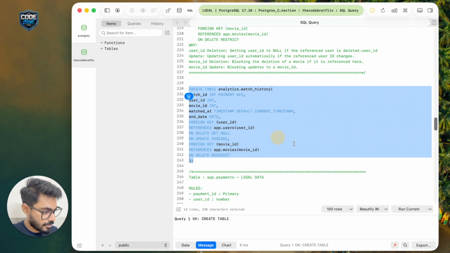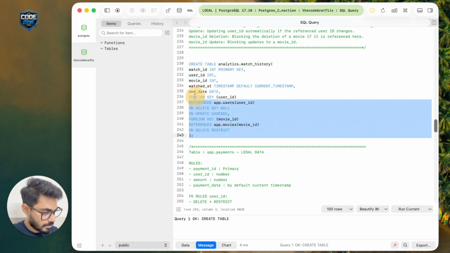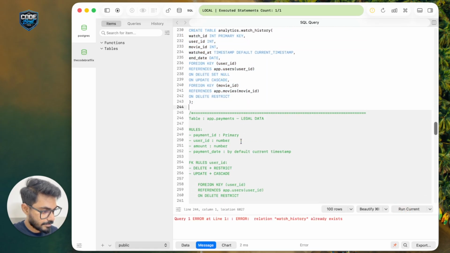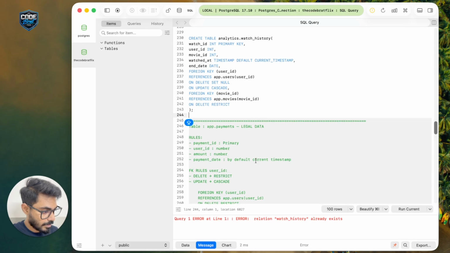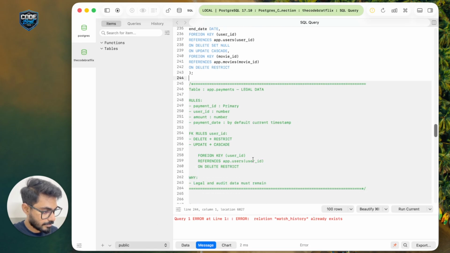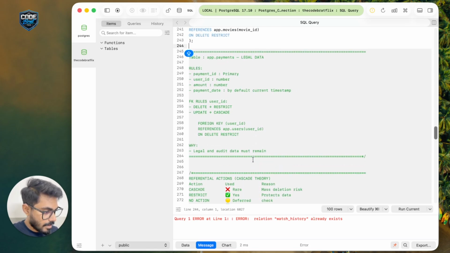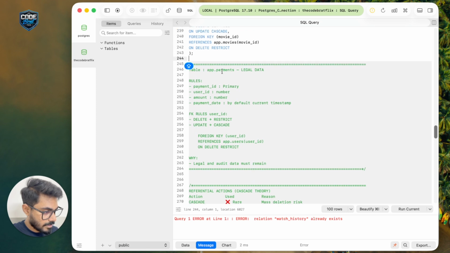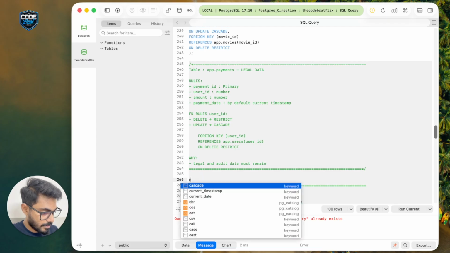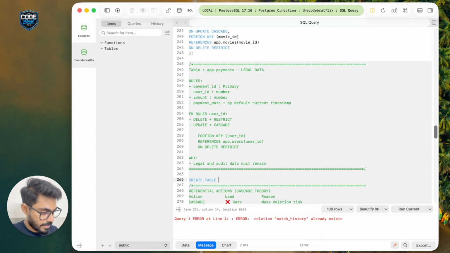So let's create this table now. Table is created. Yes, table is created. I ran it twice, that's why you are seeing this error message here. And now the next table is payments table, which belongs to app schema. So let's create this table as well. Create table app.payments,